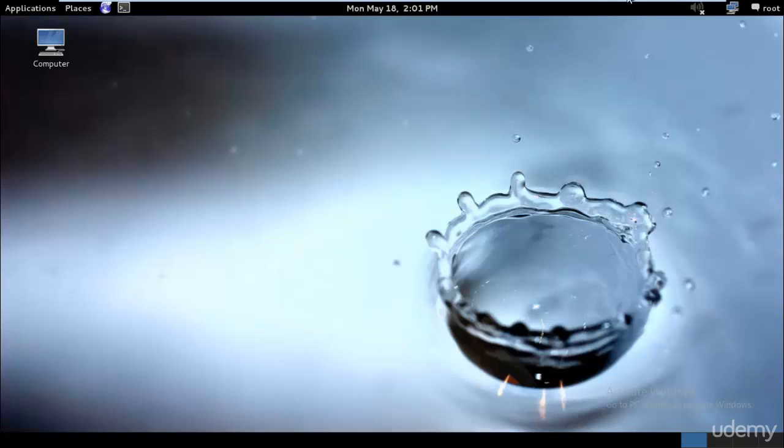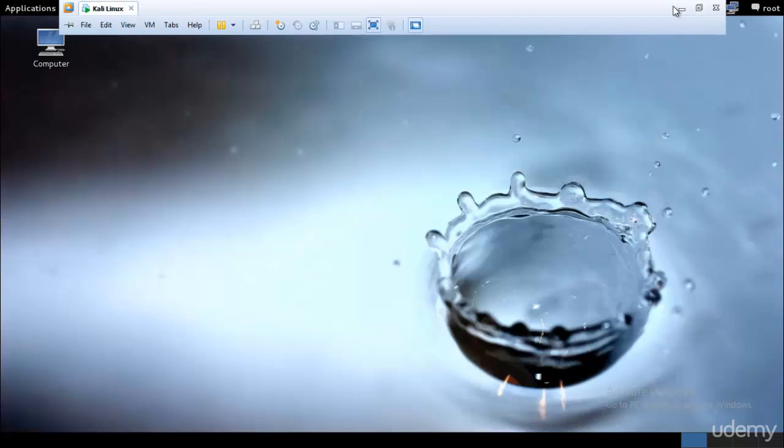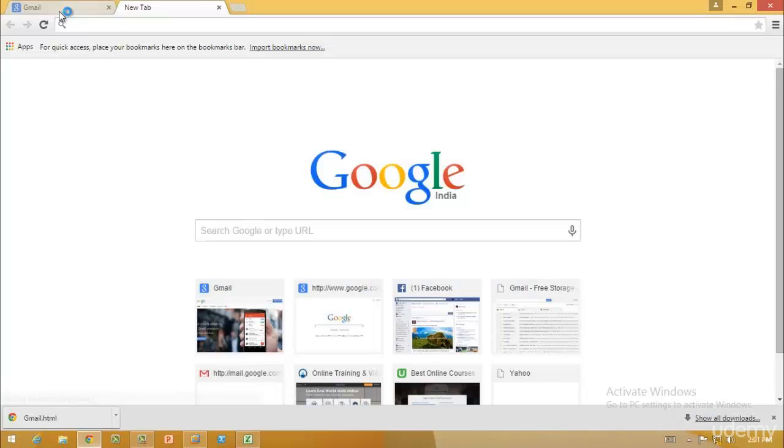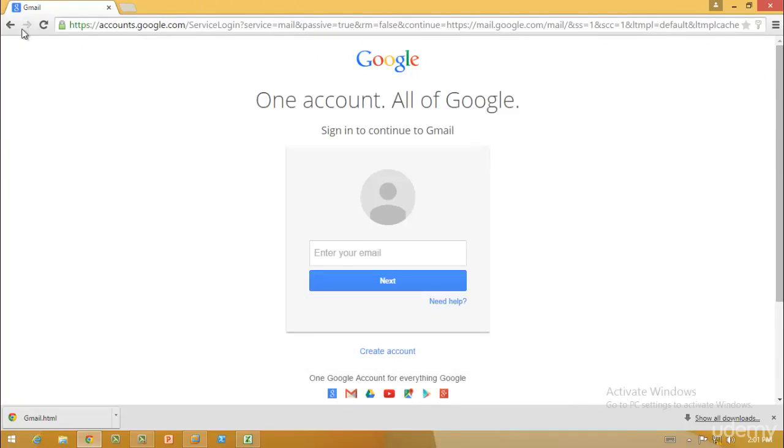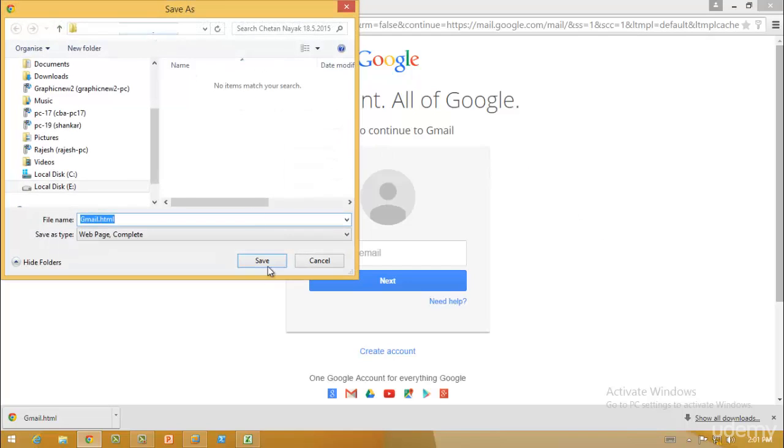So I'll be just using my Chrome before I show you. It's quite far easier in Kali Linux, but it's also easier if you go and try to do it in a different way. So just go ahead and type Gmail, and I already have that over here. And when you get this step, just go ahead and right click, save as, and save it in any